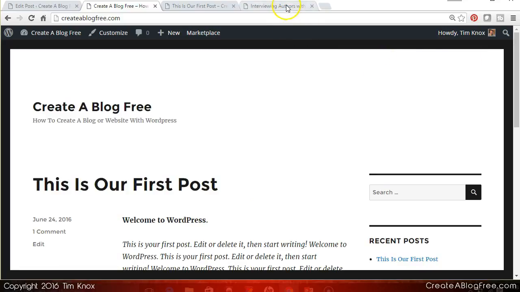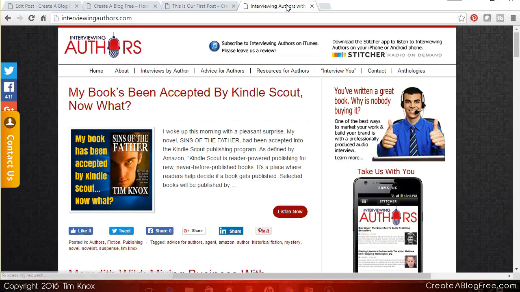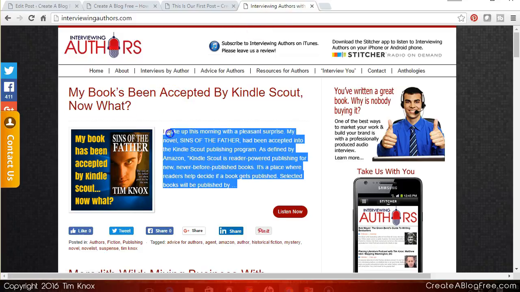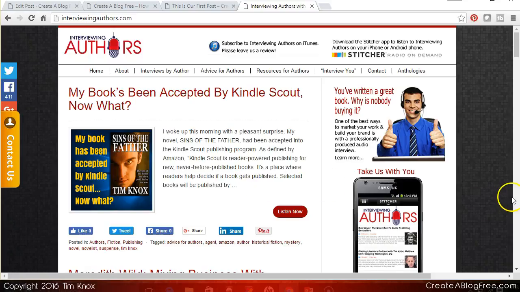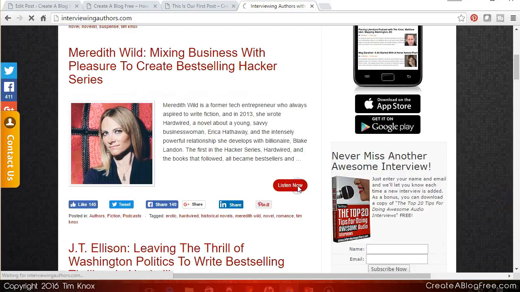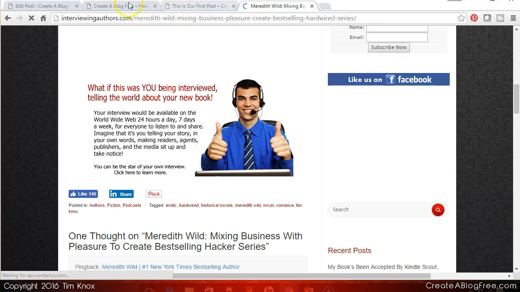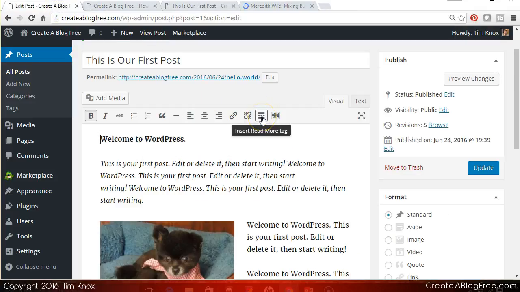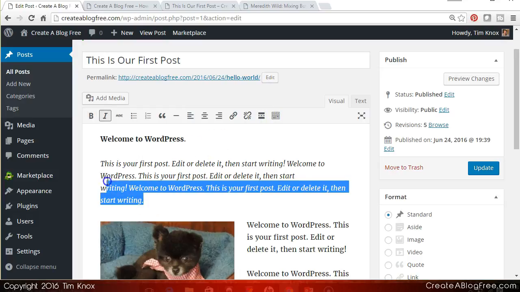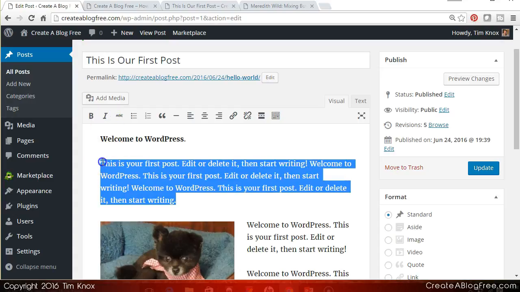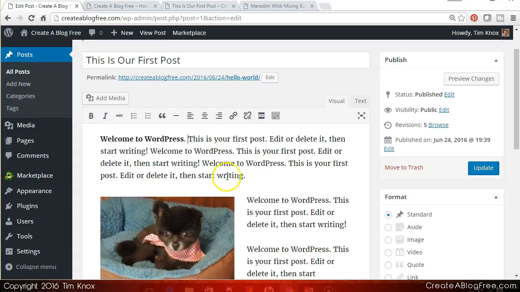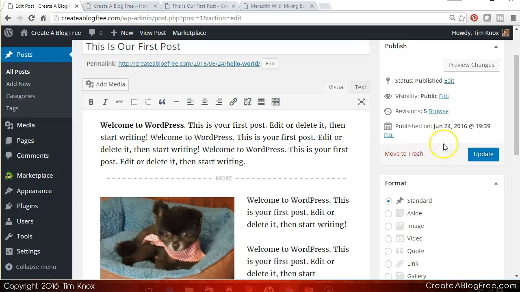What I like to do is actually use the insert more feature. So on the home page, there's just a thumbnail of text and an image, and then I click to read more. For example, on this one, I click there and I will go and see there's the entire page there. The way that you accomplish this is with the insert read more tag. So if I only want that first paragraph to show up on the home page, let me just back this up so it's not as confusing. What I can do is go to where I want it to break, click on insert more, and now when I click on update and go back to the home page,